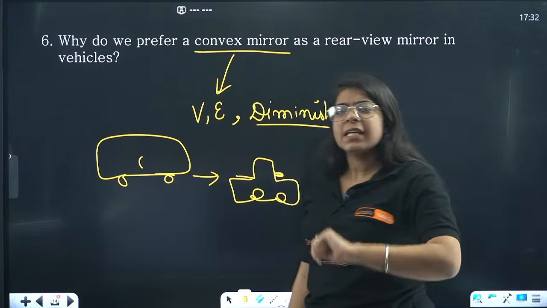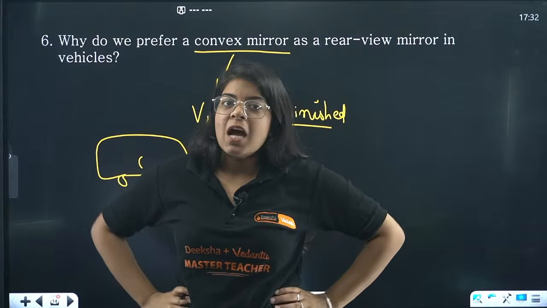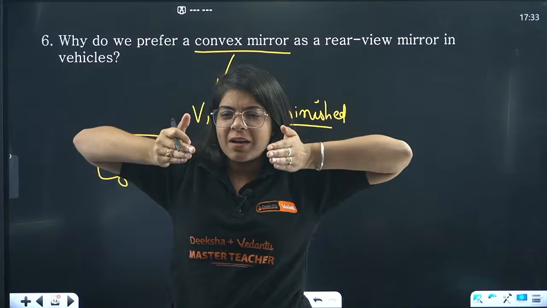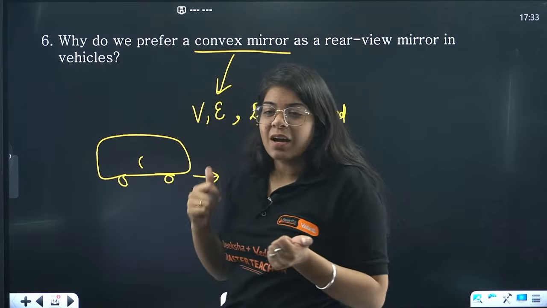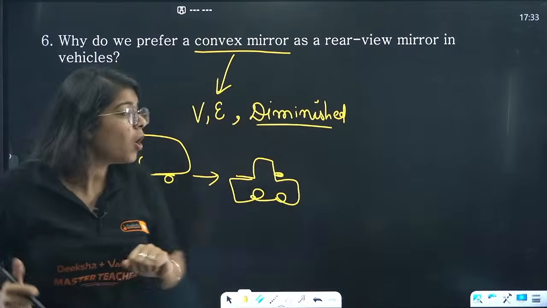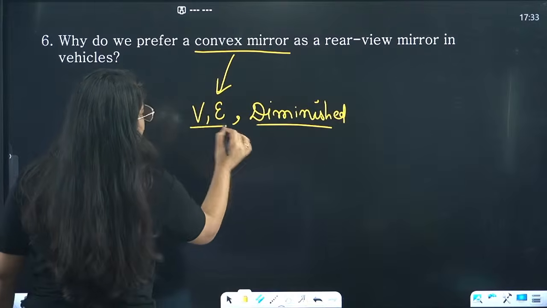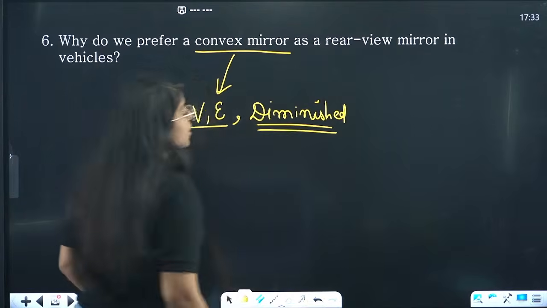And in the other case it gives an erect image, that's a large image. Now if you are seeing just the very large headlight of the truck coming behind you in your mirror, will it be possible to estimate how far the truck is, right? So what we do, we use a convex mirror because it gives a virtual and direct image. That's the one very important point. And it gives a diminished image, which